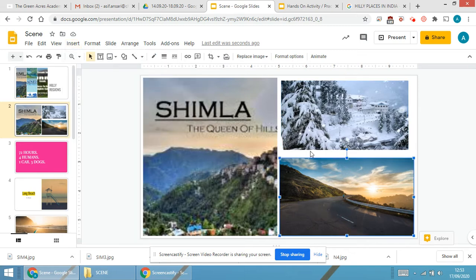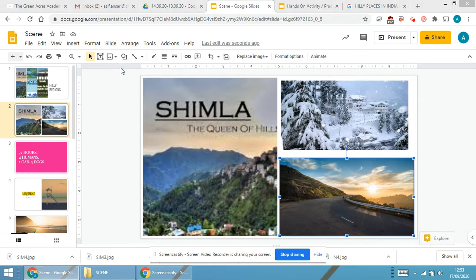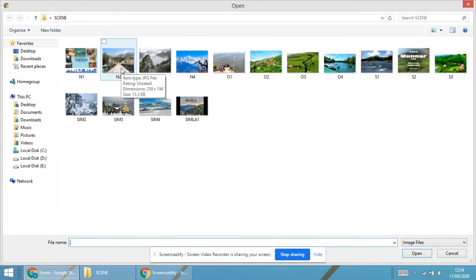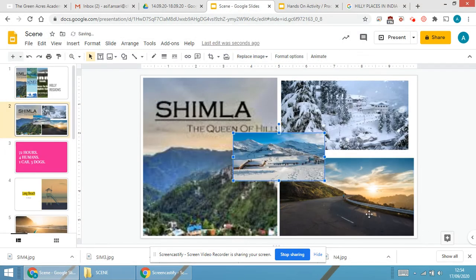Now the third insert operation is we are able to see directly insert image over here. Again, upload from the computer, or you can directly upload it from the net also, as we are doing in our sync sessions. Again, the older image is over here.